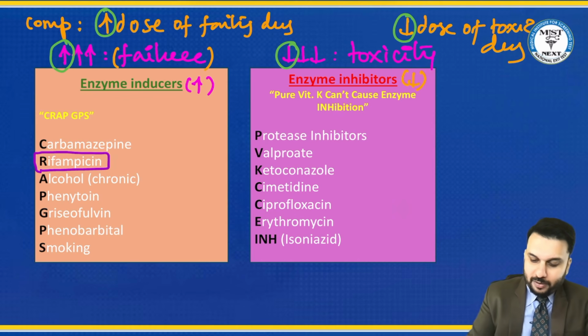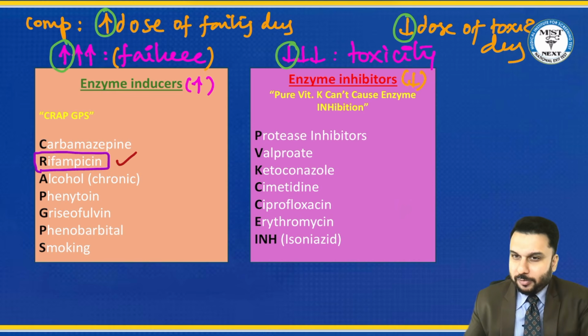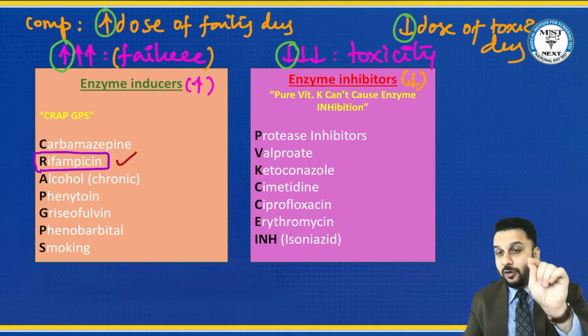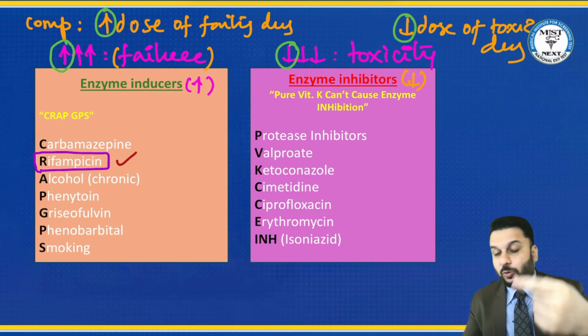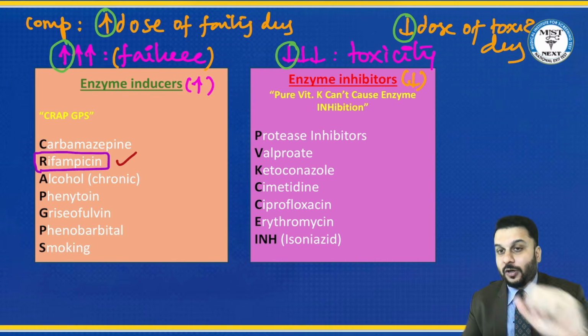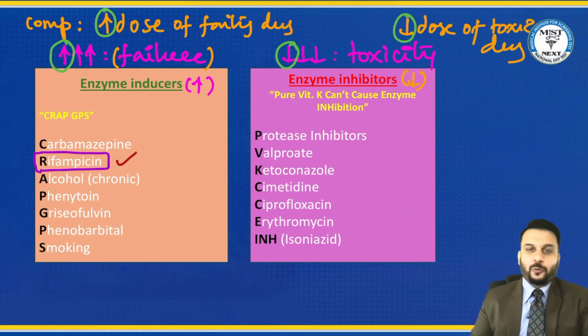Okay. Rifampicin, if you use it with anybody, it will cause failure of that. You may also remember one more example I might have told you. Rifampicin can cause the failure of one HIV drug called dolutegravir. So that's why we double the dose of dolutegravir. DDD, remember, double the dose of dolutegravir. Rifampicin will fail dolutegravir. Okay.